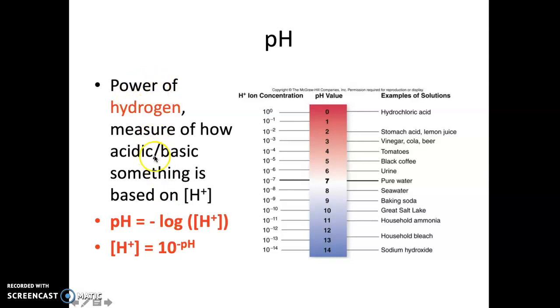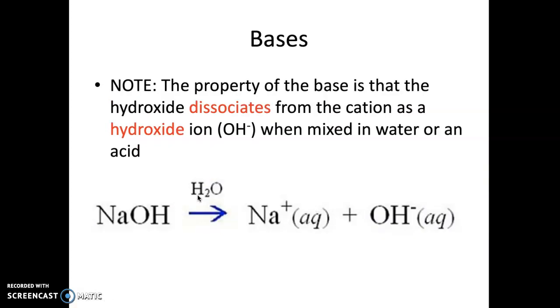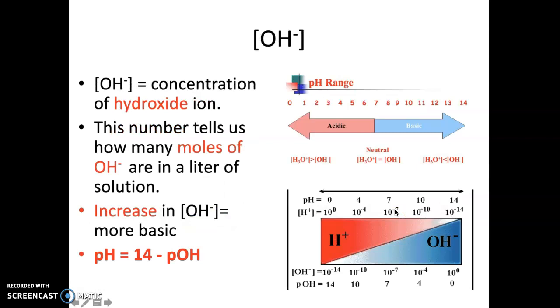It's a measure of how acidic or basic something is based off of H plus. And bases are the opposite. Remember, when you put a base in water, OH minus is what is created. So when I put an OH minus in water, I get the hydroxide ion. I'm measuring the concentration of that. Tells us how many moles of